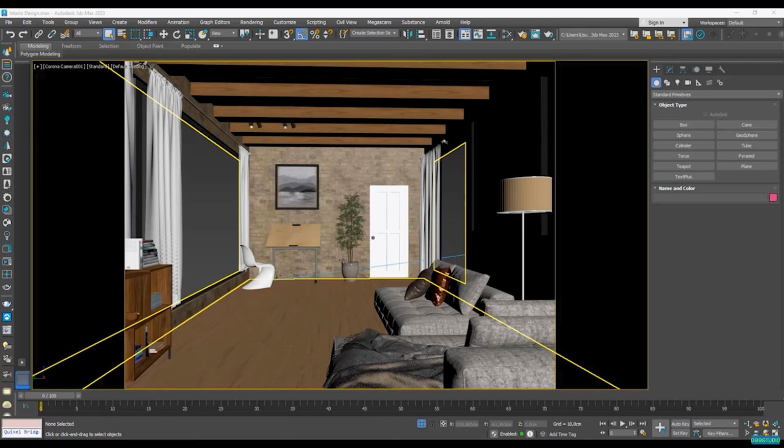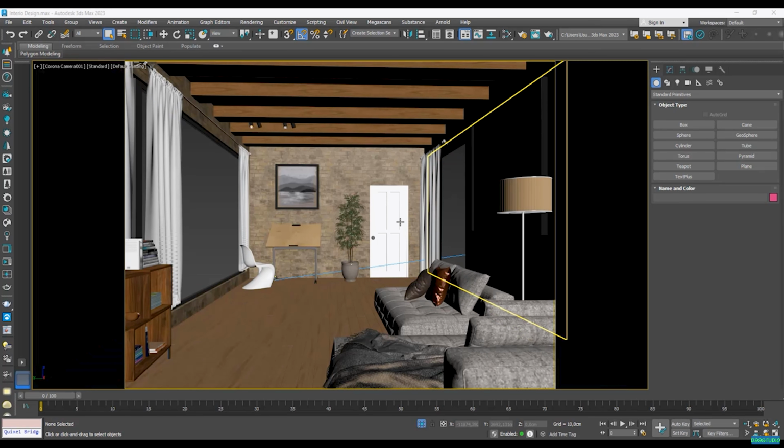Hi, in this lecture we're going to be talking about the multi-sub material parameter. We've actually met the multi-sub material when we were working with our bed that came from our Cosmos browser. Now we've actually created a multi-sub material here in our interior design. So if I go to the material editor